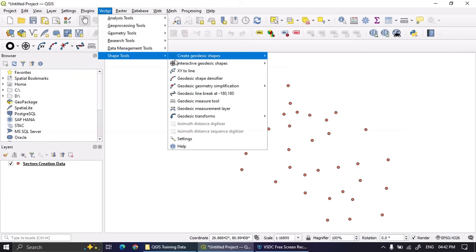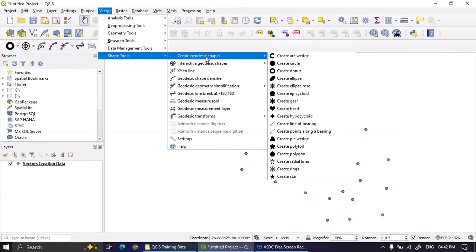Then you have to select create geometric shapes. In these shapes, whatever shapes we are trying to select, like this is the pie widget. This we have to select because all the sectors need to be created in this polygon.